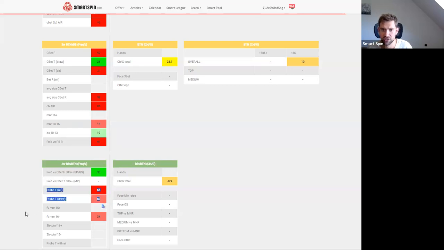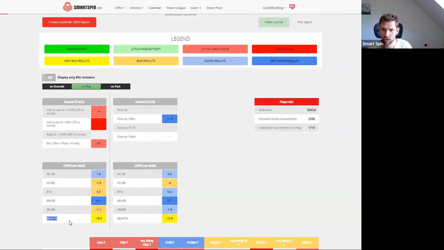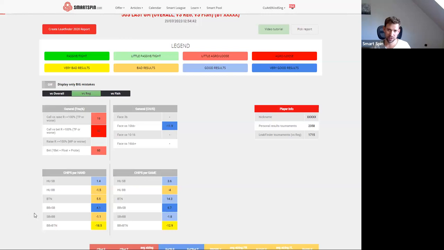So definitely that's the first thing to improve, and not only for variance, but for sure this tendency is connected with these weaker results versus regs, big blind versus button. But besides that, we see that there are some rooms where the results might not be the best. They are slightly below average. They are not tragic, right? And in the first place, we should focus on areas where we can improve the most with the least effort, right? The cheap money. So moving from reg to fish strategy,